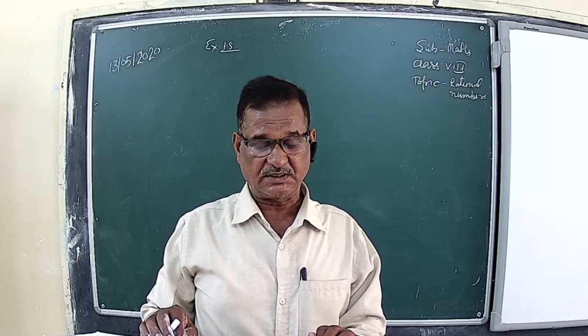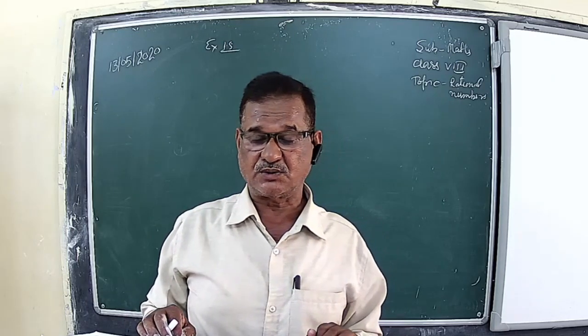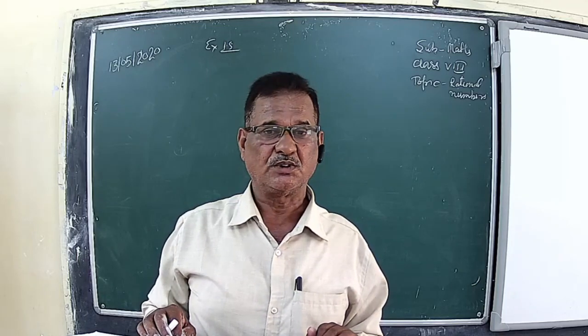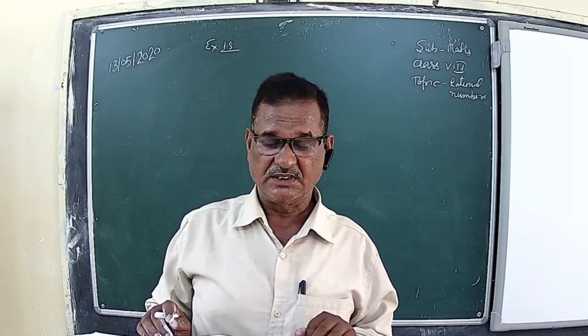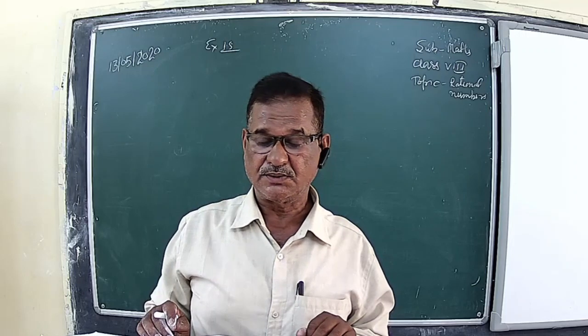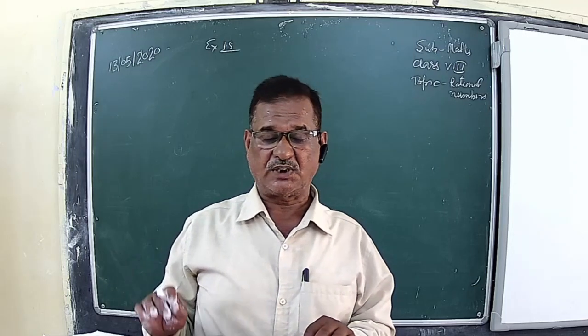First, even. State whether the following statements are true or false. 0 is the multiplicative inverse of 0. No, it is wrong because 0 has no multiplicative inverse. Subtraction of rational numbers is distributive over division. No, it is also false.